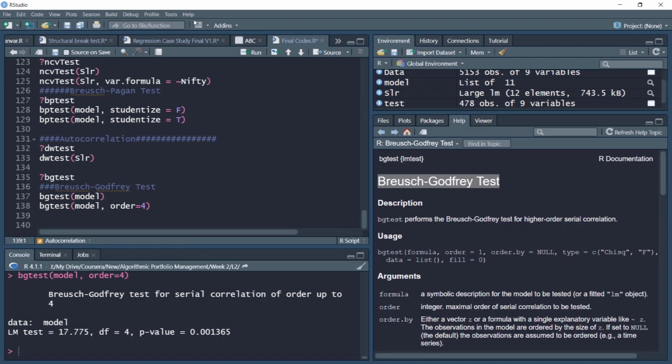To summarize, in this video, we conducted the Durbin-Watson test and BG test of autocorrelation. It seems with the DW test and the first lag Breusch-Godfrey BG test, we are not able to find any serial correlation, but when we examine the higher order lags with the BG test, we find some evidence of serial autocorrelation. In practical situations, to account for such serial autocorrelation, one can add lags of returns such as ABC stock returns or maybe market Nifty returns lags to see if the serial autocorrelation issue is resolved.